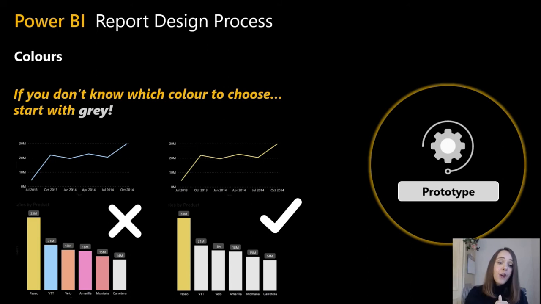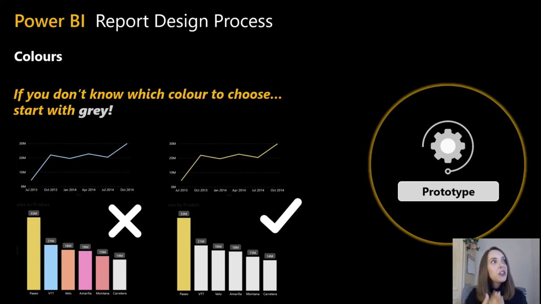Next we have colors. And again, even though I have different steps for the prototype phase, as you probably notice, most of the times you will work on all of them simultaneously. This is a prototype, so you're kind of working on everything at the same time. So when you're building your charts and visualizations, colors will also be on the top of your mind already. Colors can help emphasize important data, and they are very good at doing that. But of course, you should use only the color palette defined by your organization. That you should have defined or discovered already in the define phase.